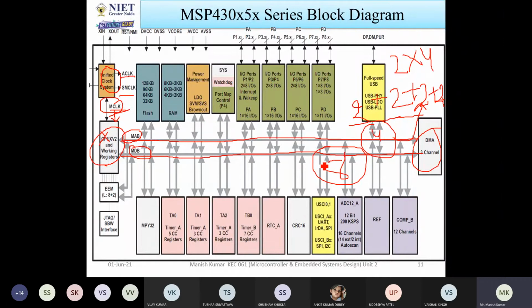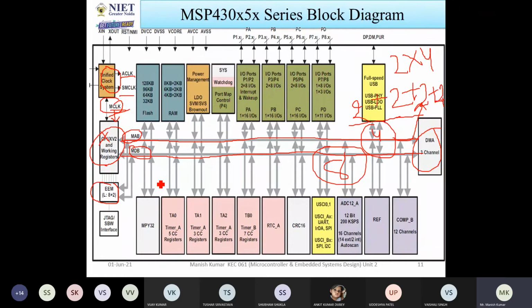So now we'll go to the EEM. EEM indicates enhanced emulation mode. What is the meaning of enhanced emulation mode? Actually, whenever you write programs, you are also going to debug the code. When you debug, this block is responsible for debugging that code.